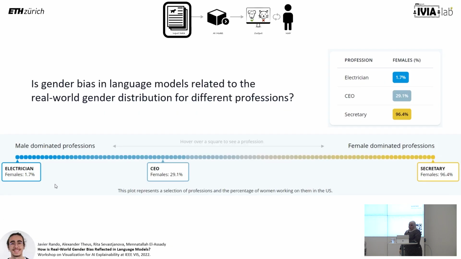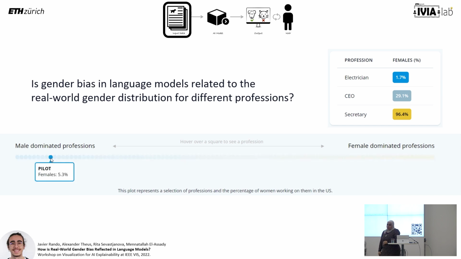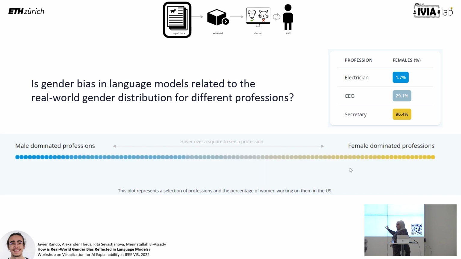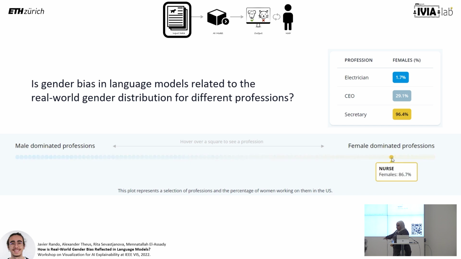So now I want to very briefly ask you what you think a language model should represent. What you see in front of you is the job distribution based on US Census data. There are a lot more women who are secretaries and nurses, and a lot more men who are engineers. And this is the reality of the job distribution on the ground. Now my question to the audience is, what should the model learn? What should we train the model on?